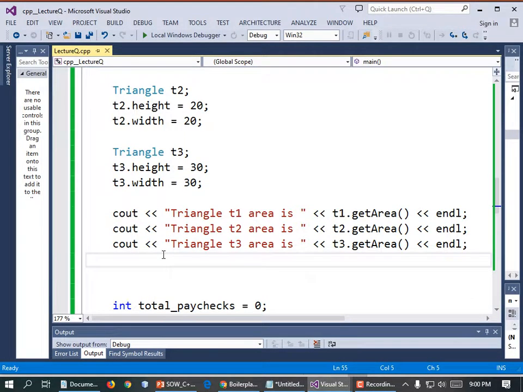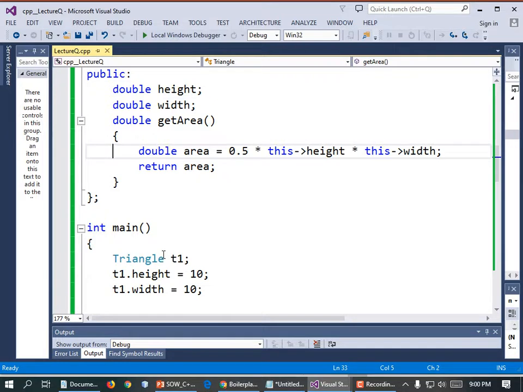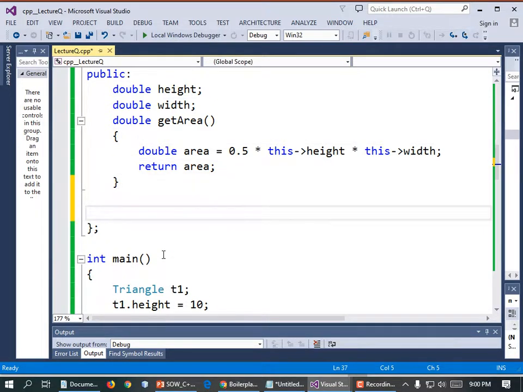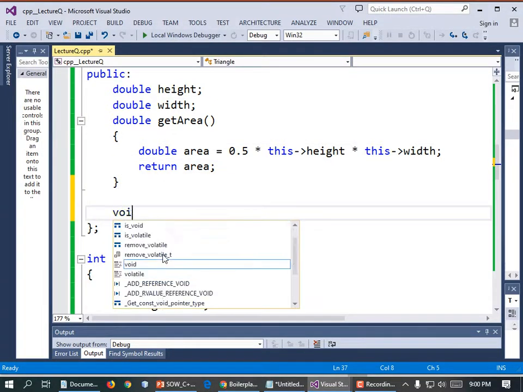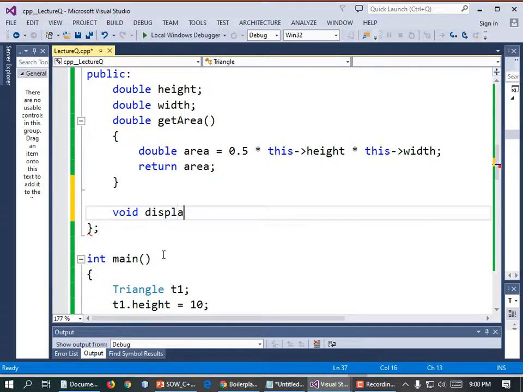All right, last thing is we're going to make a rectangle class that has a number of rows and columns. Nah, let's not do it for the rectangle. Let's do it for the triangle. We're going to make a print that prints the number of rows and columns for that triangle. So I'm going to go back to the triangle class, and I'm going to write a method called display. It doesn't need to return anything, so it's just void. void display(),